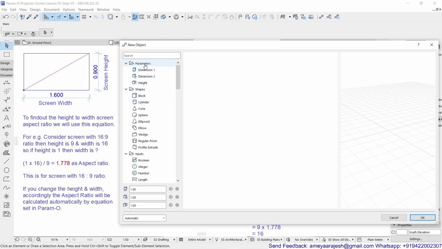Remember all the parameters and the shapes and all these different nodes which are available over here. With the help of these available nodes, you can define your script, and according to your script, the object will get executed in the preview. In the first couple of steps, nothing will get displayed over here because we are not immediately creating any 3D object. First of all, we are creating the environment, which will be needed to generate that object.